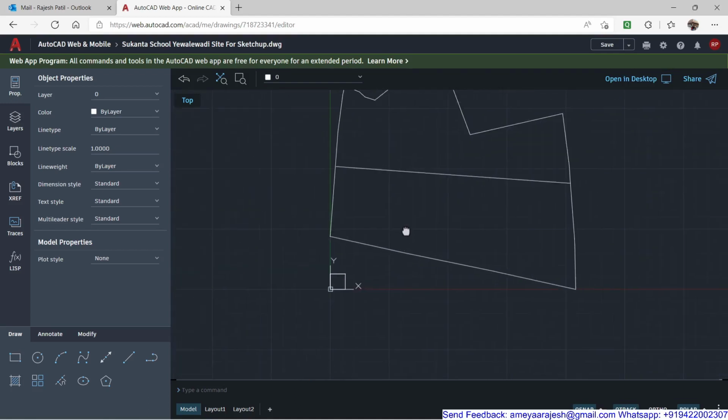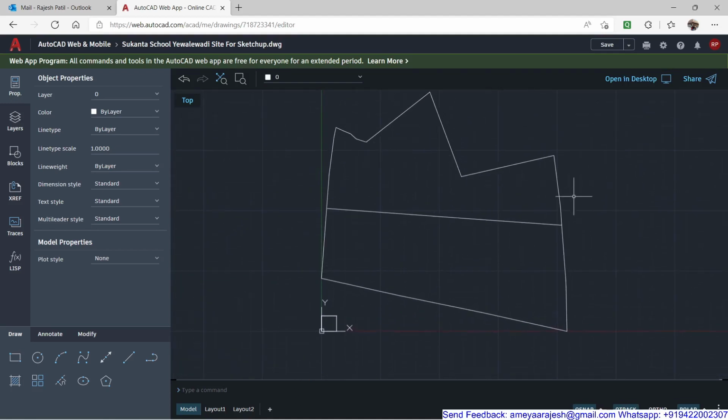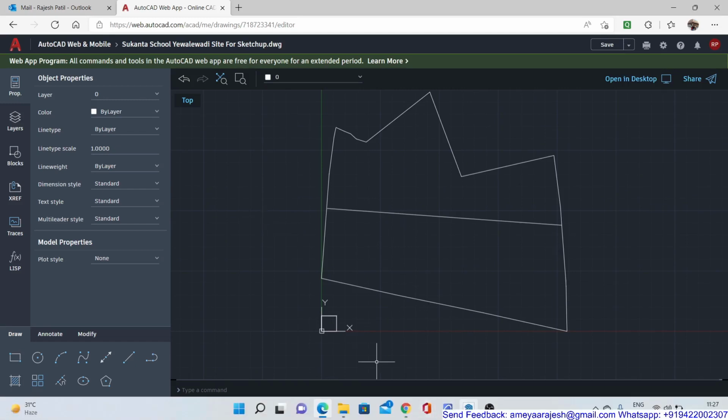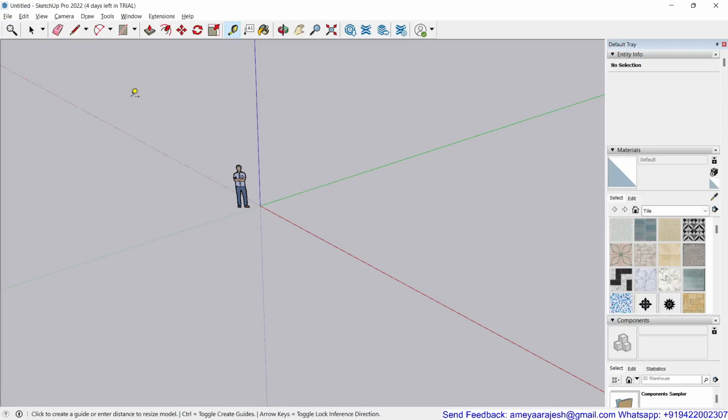Now my data entry in DWG was, by default, AutoCAD works in millimeter, so decimal, that is what I'm trying to follow. The first step is to enter inside SketchUp, but it has to be the Pro version. Remember, you cannot use the ordinary SketchUp.